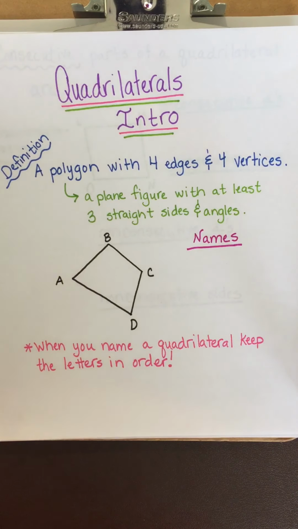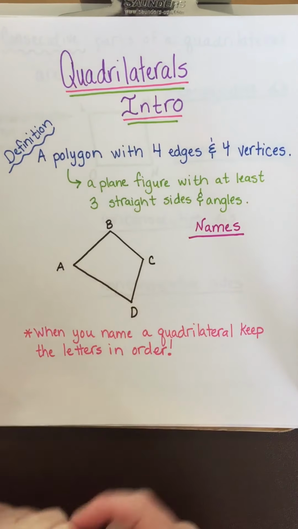Today we're going to talk about quadrilaterals, just an introduction. The first thing we want to look at is the definition of a quadrilateral. A quadrilateral is a polygon with 4 edges and 4 vertices. And in case you forgot what a polygon is, that's a plane figure with at least 3 straight sides and angles. So if we look at this sample quadrilateral here,